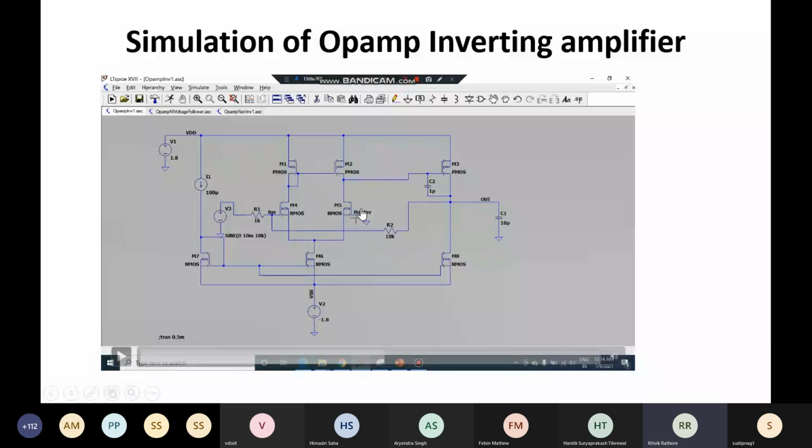Since the signal here is decreasing, the signal at the drain will increase because of 180 degree out of phase. And if a signal at the gate of PMOS M3 is increasing, then the voltage at output node should decrease because again, there is a 180 degree out of phase. So we see that if I'm increasing the strength of signal at this terminal at the gate of M4, then my output is decreasing. So this is working as an inverting terminal. So this is how we can identify non-inverting and inverting terminal.